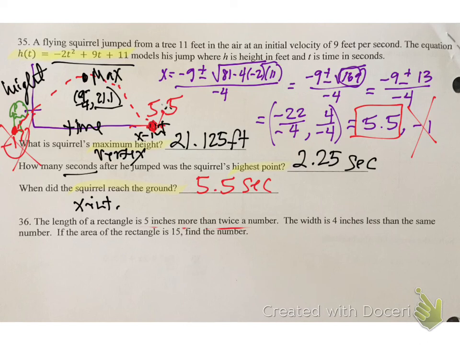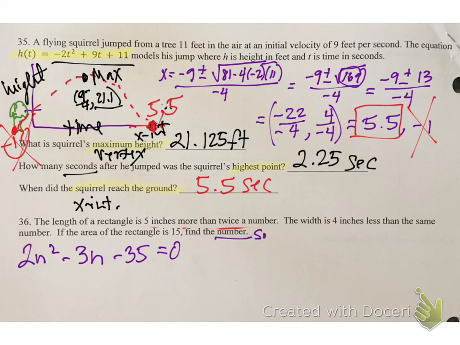I'm going to rewrite my equation now as 2n squared minus 3n minus 35 equals 0. And then I want to find that number, so that means I need to find the